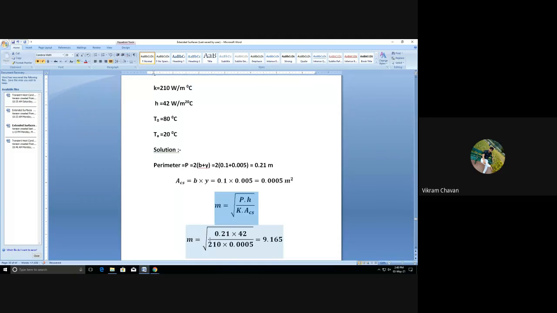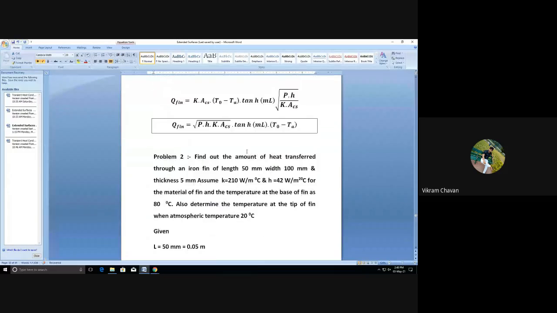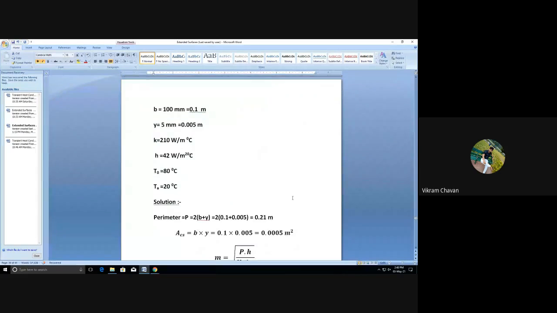While using that formula, you have to consider the tan hyperbolic. In the calculator also you consider the tan hyperbolic. Keep your calculator with you while attending the heat transfer lecture and do the calculation for tan hyperbolic of mL. Sachin is saying 24.75. Whether others are getting the same answer, please let me know in the chat box. Pranay is also getting 24.74. Okay, that is the right answer.